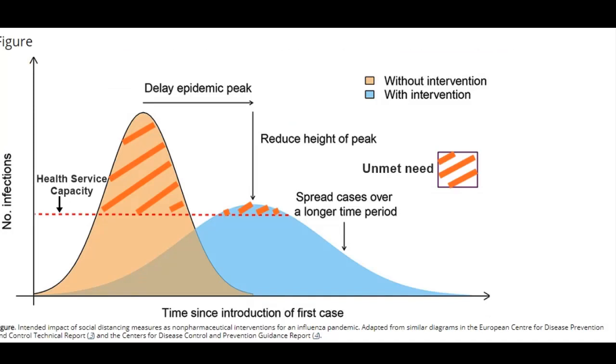And if we do this, we can flatten the curve so that this huge area in the orange curve here, all this unmet need that overwhelms health service capacity, doesn't happen. So we can smooth out the outbreak over a longer period of time and more people can get the care they need. This is going to be particularly hard on older people, on people with underlying immune conditions, and it's going to be really, really tough on the doctors and the nurses and the physiotherapists and the cleaners, anyone working in a hospital who's going to have to cope with a hospital system that is just buckling under the onslaught